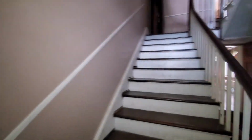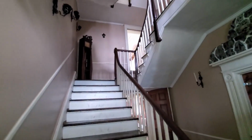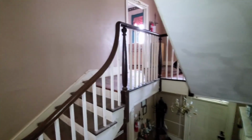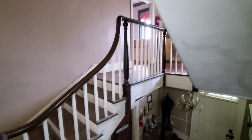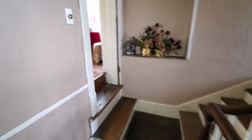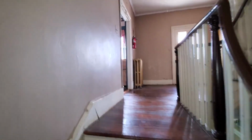So we're back here at the front. We're going to take a peek upstairs. Show you what's up here. Now this is the strangest steps I've ever seen. So look at this. Comes down, a little landing, and then right back up. So I thought that was a little strange. So anyways,